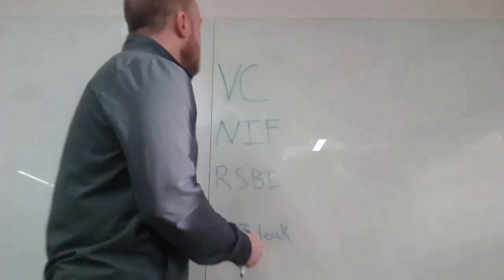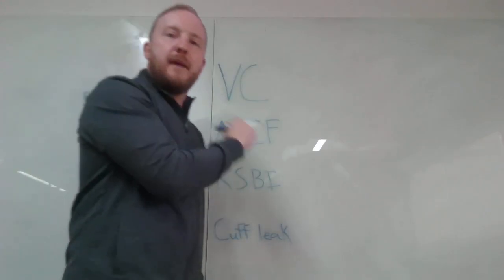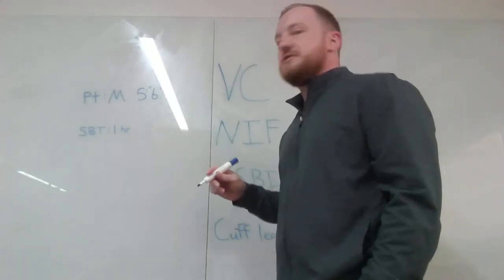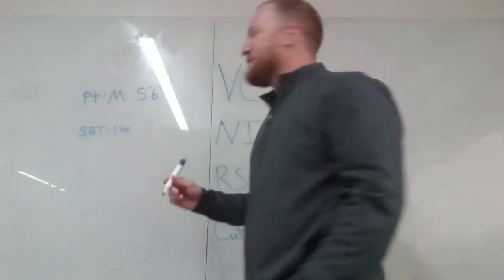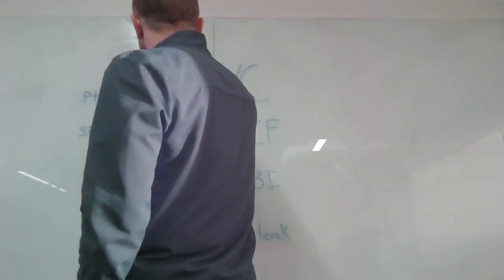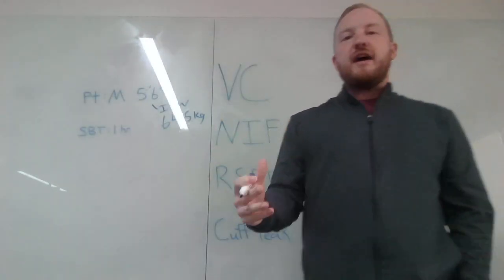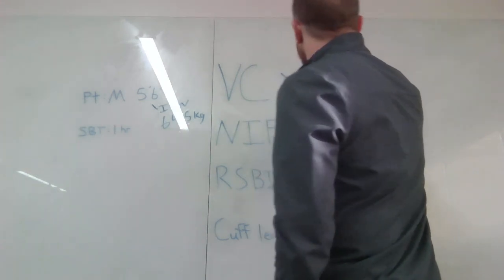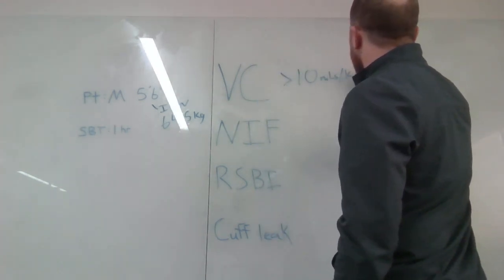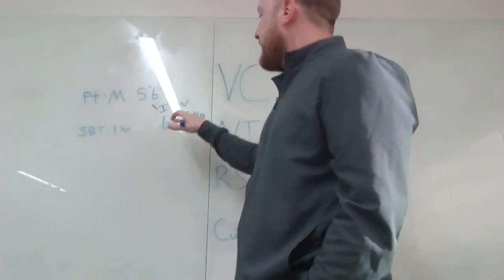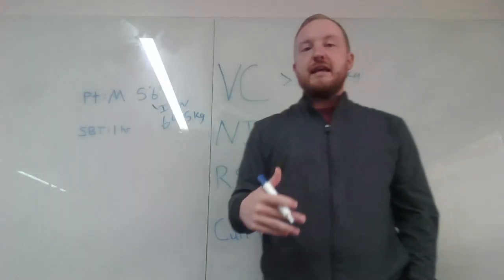Okay, so first test we're going to go over here is vital capacity. This is a sample scenario here. This male patient who's 5'6" happens to be my height as well. So I already know that his ideal body weight is going to be about 64 and a half kilograms. Okay. So what's important to know about vital capacity? Vital capacity, we want at least a vital capacity that's greater than 10 mLs per kilogram. Okay. So for our patient here, we want to make sure if he's 64.5 kilograms, that for his vital capacity, he can at least get